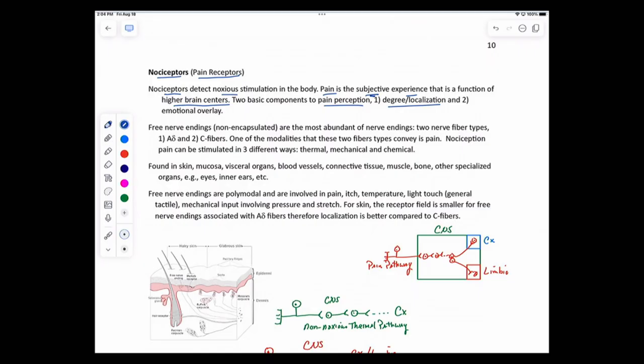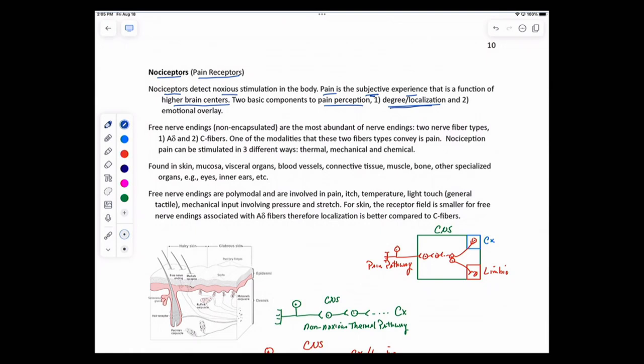I'm experiencing pain in the cortex, but the pathway that is stimulated by the needle prick in the fingertip is going to give me the sense, oh, my finger is in pain. So we're very good at localizing some kinds of pain, like a needle prick. Also, we're pretty good at the degree. So how much is this hurting? So the degree and the localization, again, are a function of the higher cortical region. So I'm going to put that in one bucket, which is going to be the degree/localization.